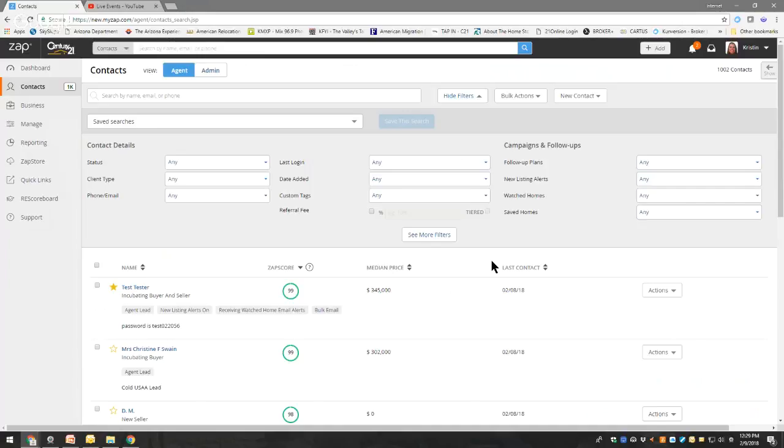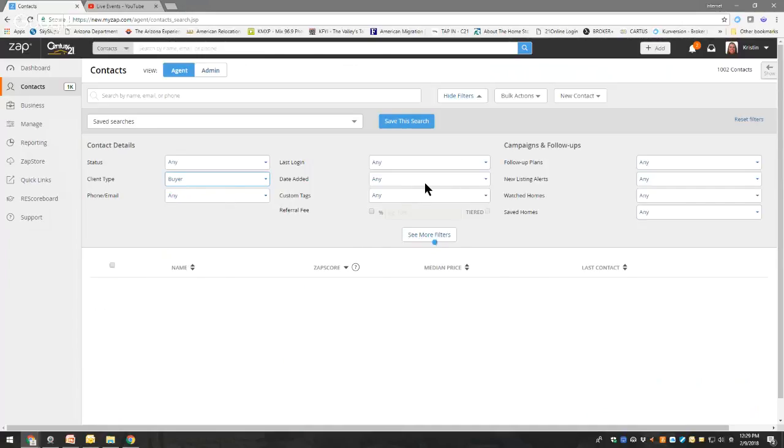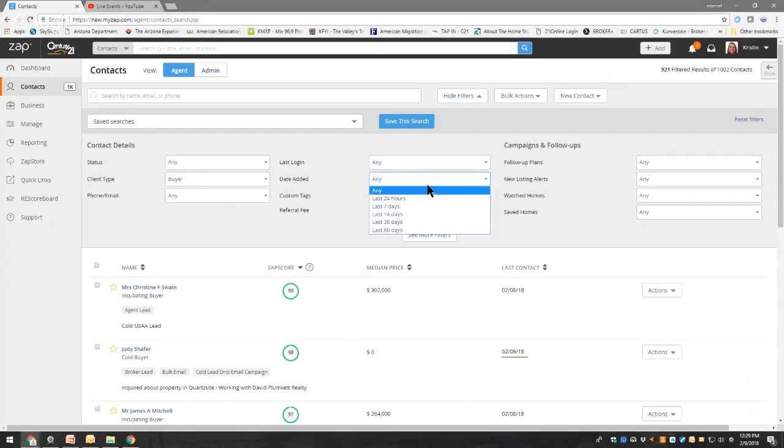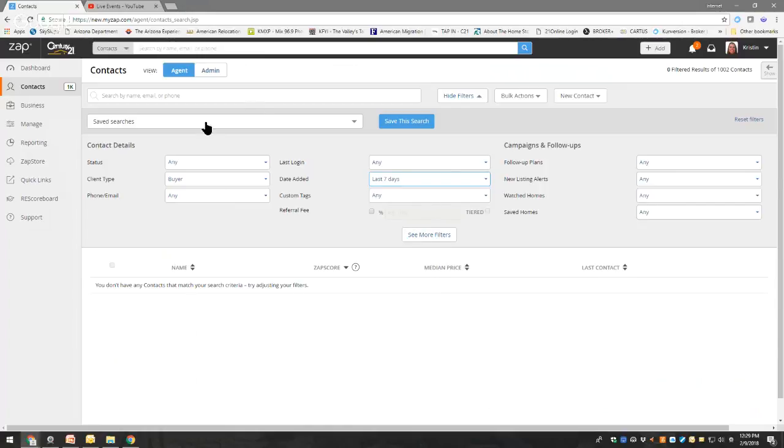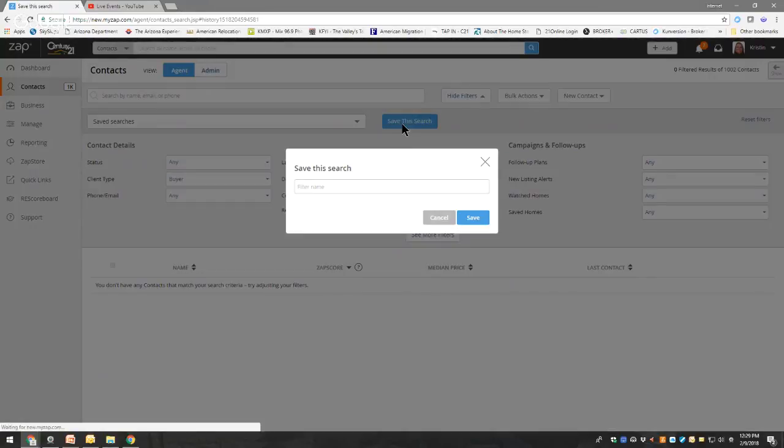Click on the filters. Then you'll select client type, buyer, and you want to select date added, last 24 hours, last 7 days, whenever you plan on doing your admin follow-up time. And you'll click save this search so you can refer back to it. So you can name this one new prospective